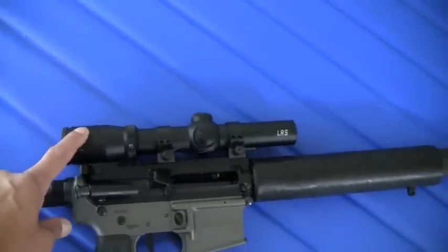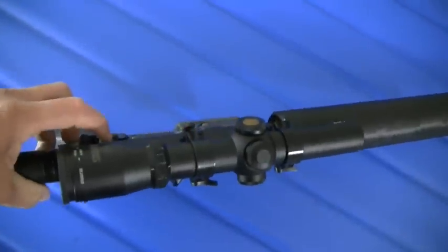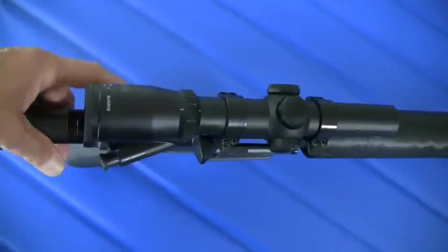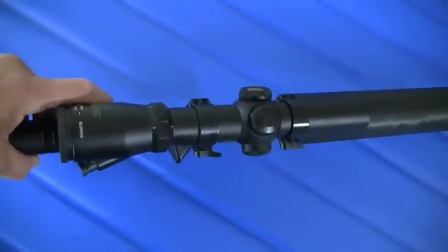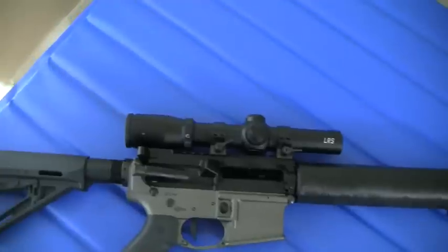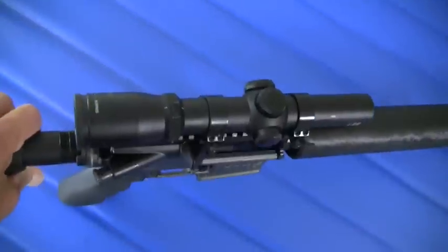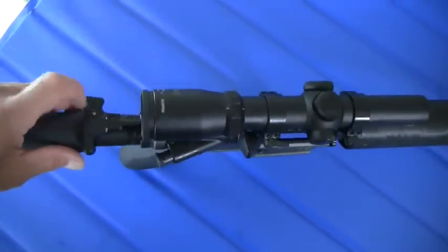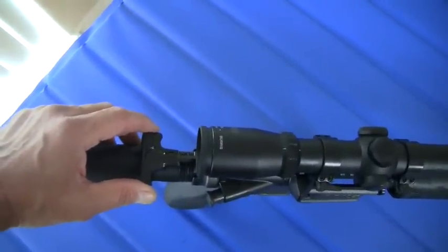The other thing I found out is that the charging handle kills me off, even with gloves. This is a left-handed charging handle, and as you can see, it's small, and when it goes under the optic, even with gloves on, it hurts and is hard, and you're not going to be moving this thing the way it is. Because this is a standard charging handle, I'm going to upgrade it with a BCM, that's a Bravo Company, ambidextrous charging handle. And if you don't know, the BCM charging handle is beefed up so that you don't put too much stress on the pin, and it's much larger and sturdier,